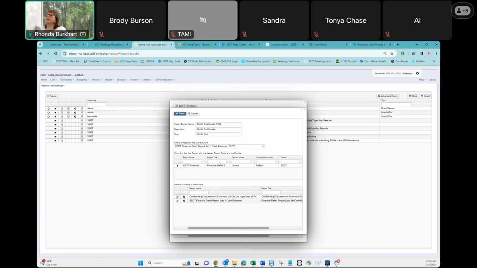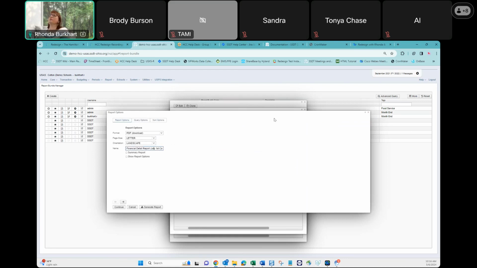Select that, add that, and then maybe I want another financial for the current period. I'm going to add that. And maybe I want a cash summary. So we've got a nice little group of reports here. And then we could go in here and edit these, and it's only going to affect these report bundles. And you can actually add in month end,